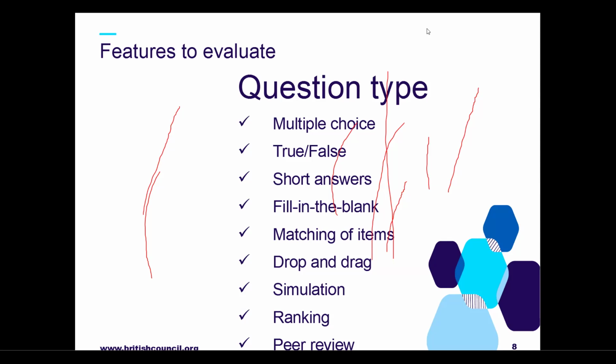So multiple choice and true or false make it more exciting. Don't put so much that the learners start being disinterested in what they're doing. So short answers, fill in the blanks, matching of items, those are exciting ones. The drag and drop, simulation, ranking, peer review.